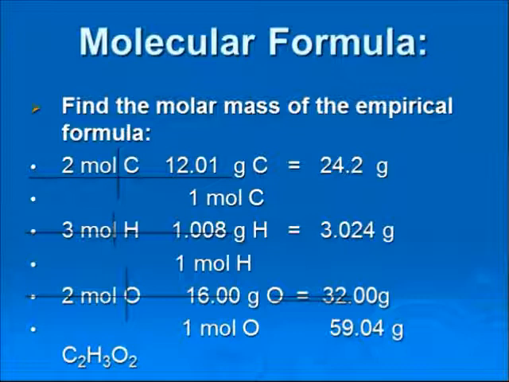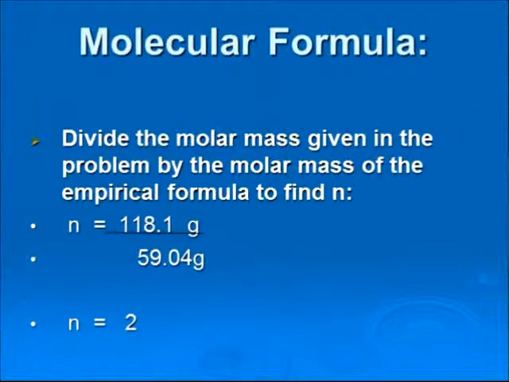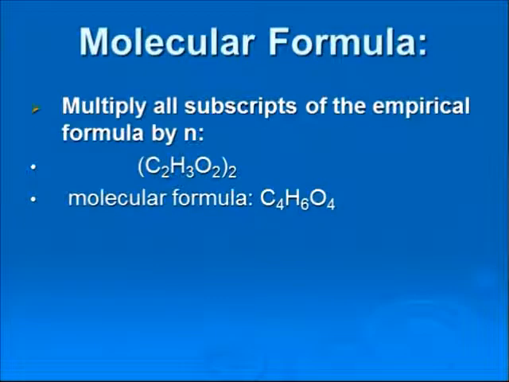Yes, it's a little lengthy, but if you're writing it all down, it's not too difficult. Now I take the 118 they gave me in the problem originally and divide that by the 59.04 that I just found, and that gives me my n, or my ratio, of 2. That's the number I need to multiply by. So I multiply that 2 all the way through the empirical formula, C2H3O2, and my molecular formula ends up being